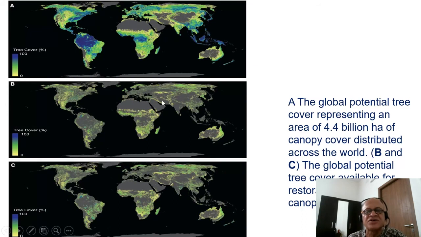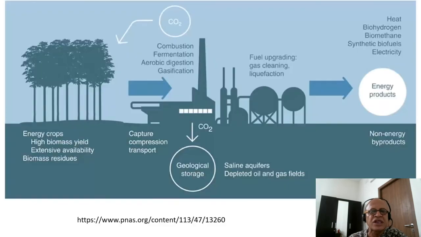Nonetheless, it is not a savior either, but additional ideas now include what is called BECCS, bioenergy and carbon capture and sequestration. And the idea is to grow energy crops with high biomass yield, extensive availability, and use the biomass residues